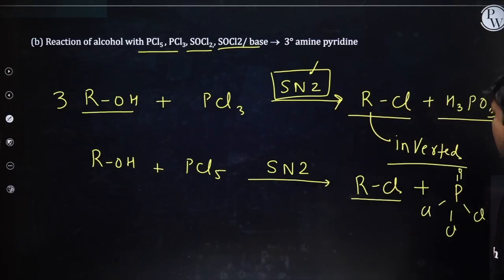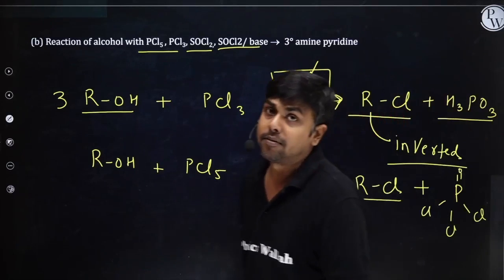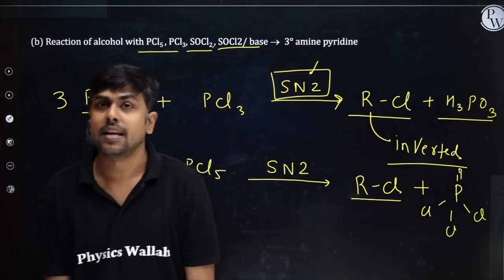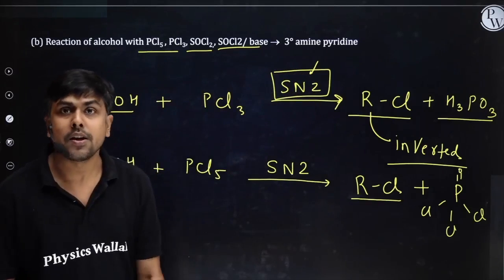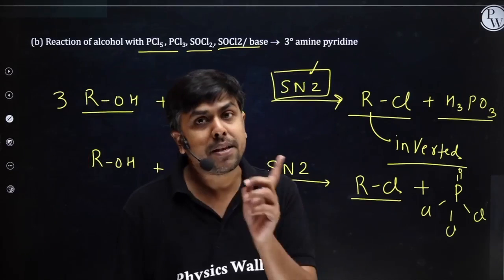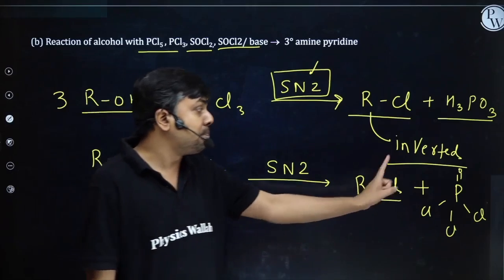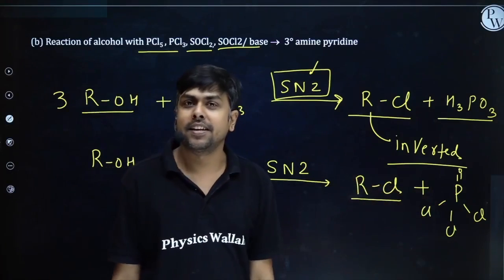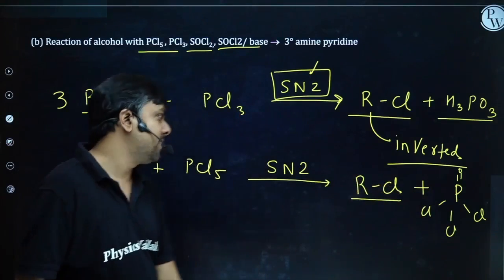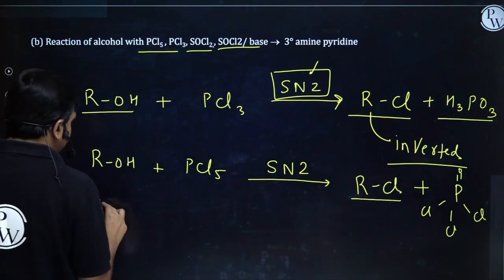POCl3. Am I clear? Alcohol treated with PCl3 gives us RCl plus H3PO3, whereas alcohol treated with PCl5 gives us alkyl chloride, that is RCl plus P double bond O Cl3. Am I clear? Next one. Alcohol treated with